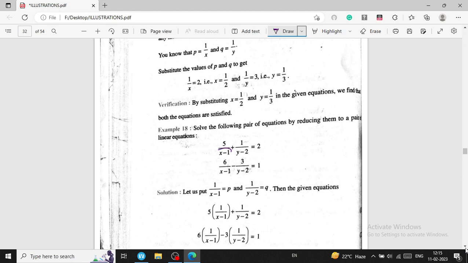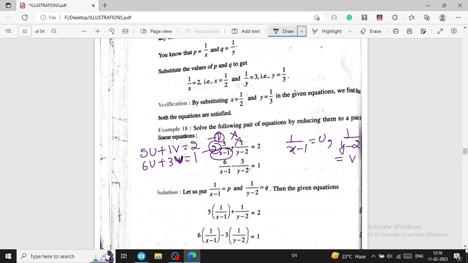Here you can take 1 over x minus 1 is equal to u and 1 over y minus 2 is equal to v. Now you can change the statement: 5u plus 1v is equal to 2. 6u plus 3v is equal to 1. First equation, second equation, use the elimination method or substitution method. You can find the result. 30u plus 6v is equal to 12. 30u plus 15v is equal to 5. Change the sign. You will find minus 9v is equal to